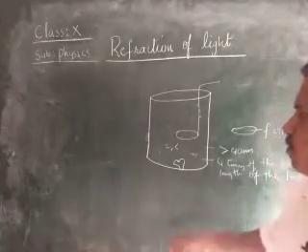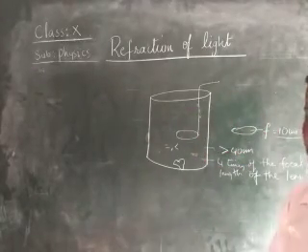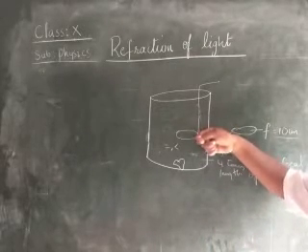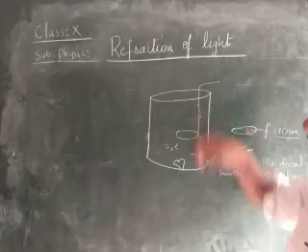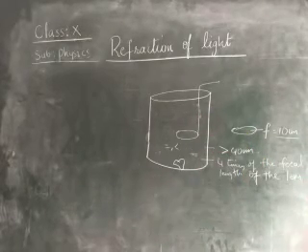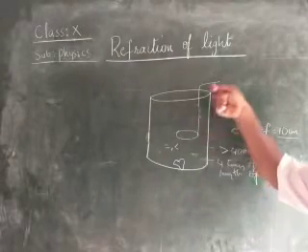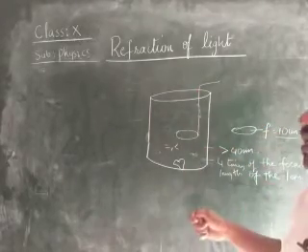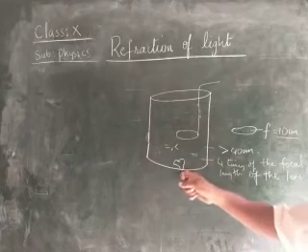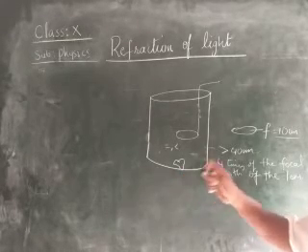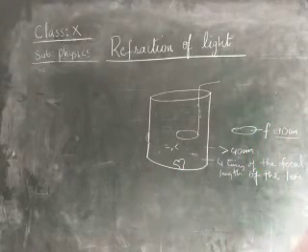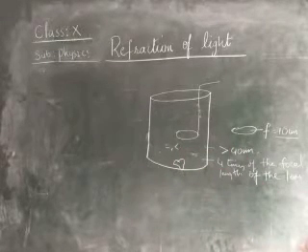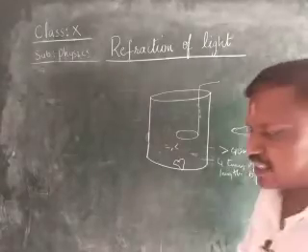Next, you try to increase the distance, children. That means you lift the lens to a greater height, such that its distance is greater than the focal length of the lens. That means it is lifted more than 10 centimeter. Why? Because the focal length of the lens is 10 centimeter.